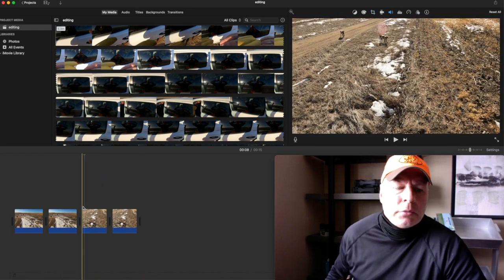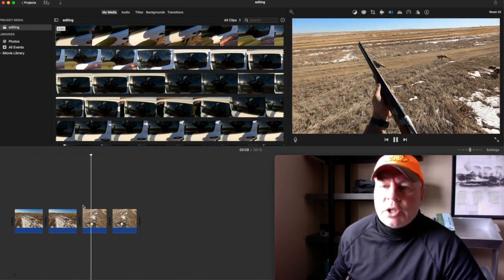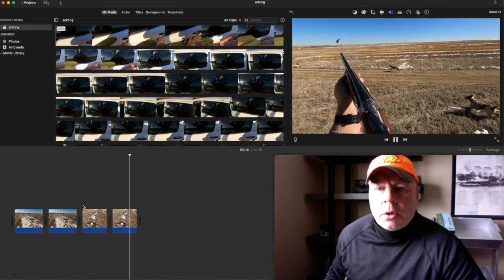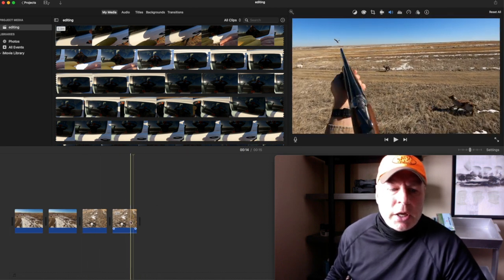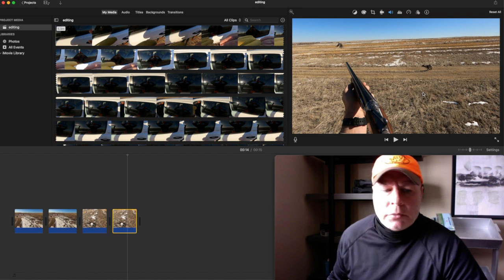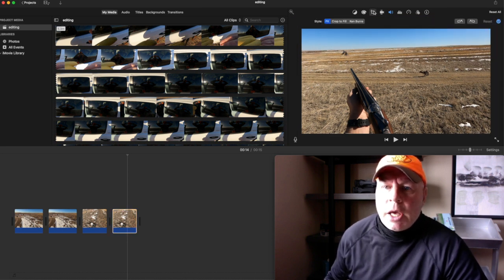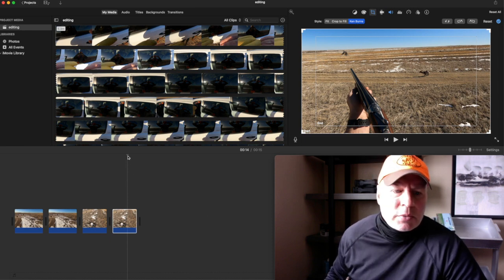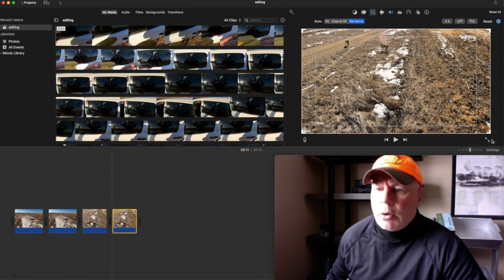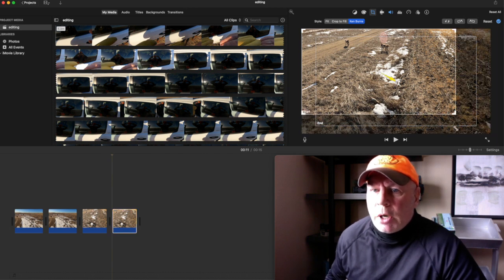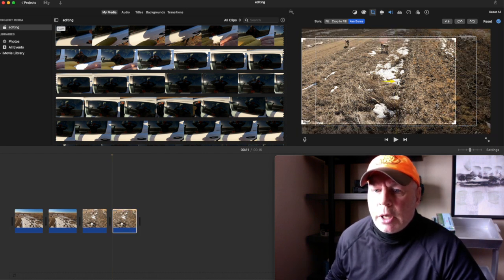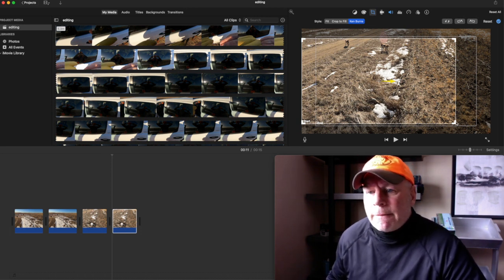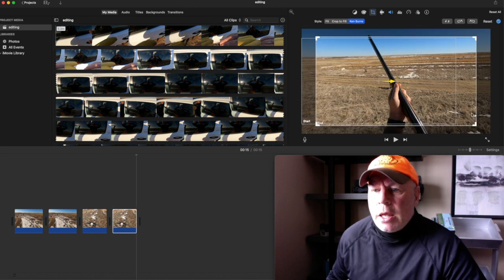All right. Now let's take a look at our pheasant shot. That's not a bad shot right there to begin with, but let's see if we can improve on that just a little bit. And we won't have to crop a whole lot if you look at it. So let's do that. Hit Ken Burns and start. Okay, let's move this to the start so we know what we're working with. And we don't want to crop too much because we want the bird and the dogs in there. And the bird is right in there, right? Okay, and then the end,